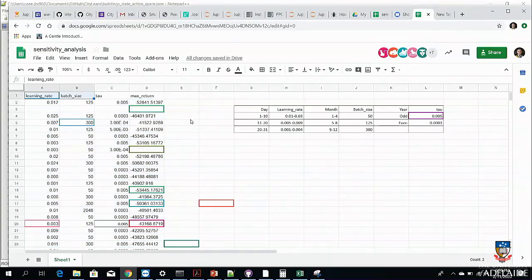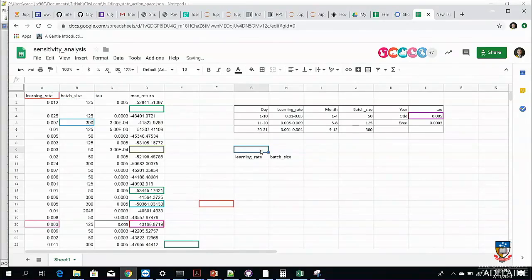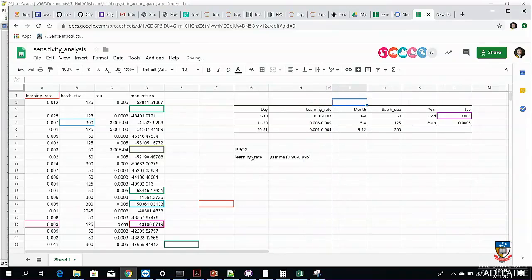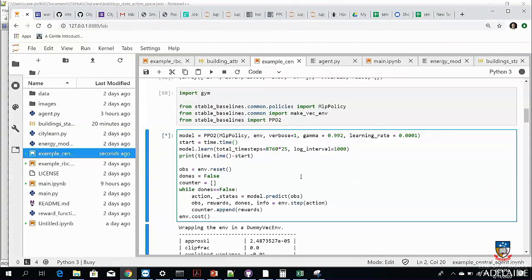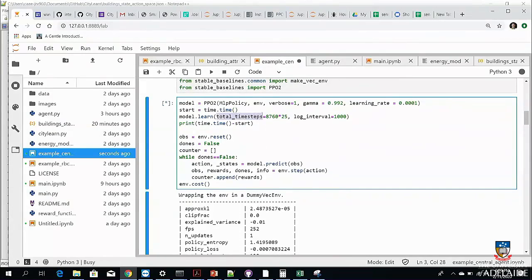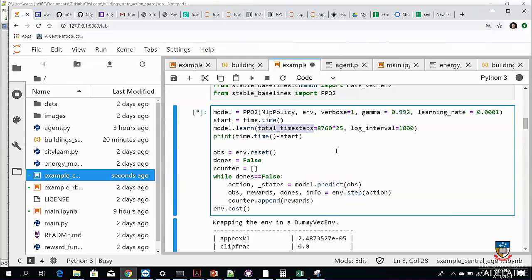Maybe we can create the same table, but changing the gamma and the learning rate for PPO. You can select the learning rate that you want and the gamma that you want within this range, and then test the PPO. You should also increase the simulation time a little bit, the total number of time steps. So if before it was 15, you can set it maybe to 20 or 25,